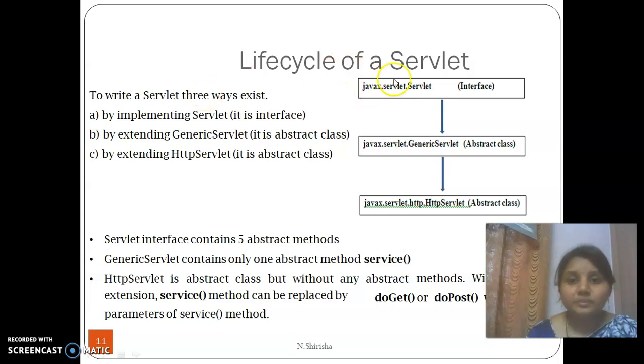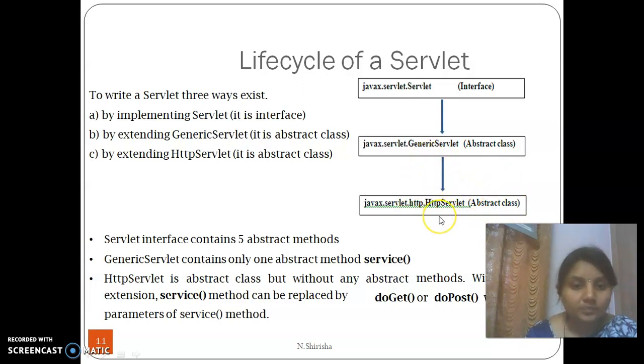The packages used for these interfaces and abstract classes, as you see in the diagram on the right-hand side, are javax.servlet.Servlet, which is the interface, and javax.servlet.GenericServlet, which is the package you use for the abstract class. Similarly for the HTTP servlet abstract class, we have javax.servlet.http.HttpServlet. This is one more abstract class.